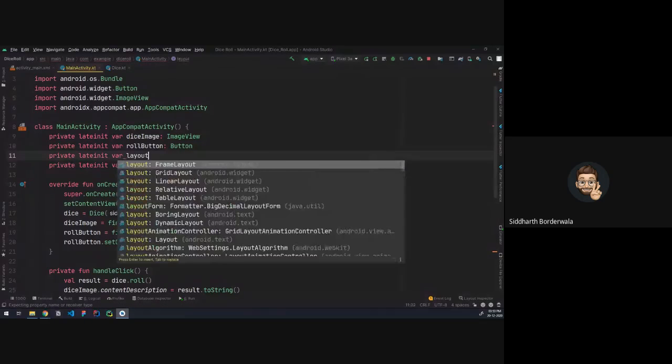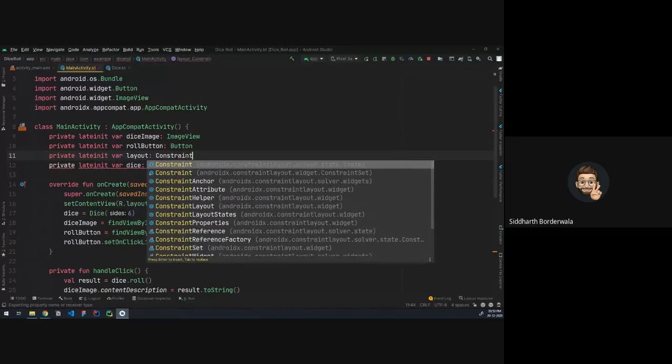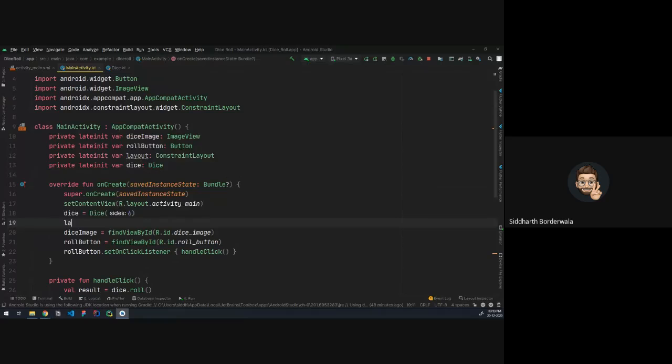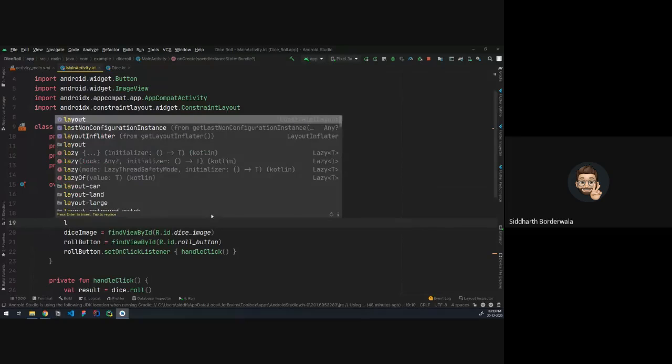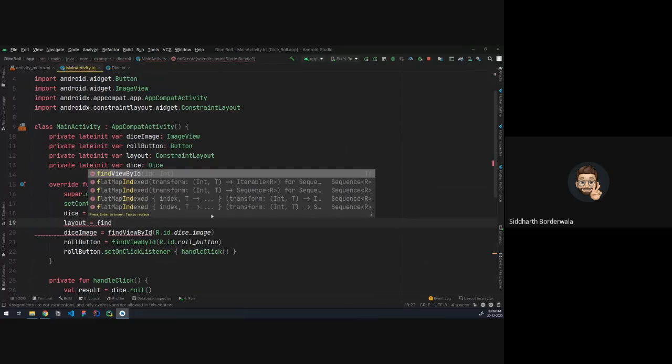So layout, that will be constraint layout. Okay, so find, okay, well,